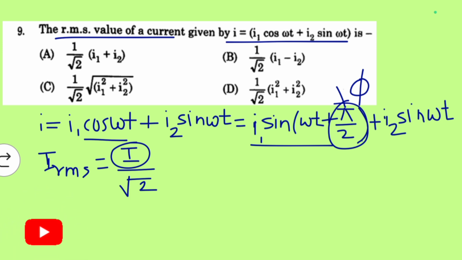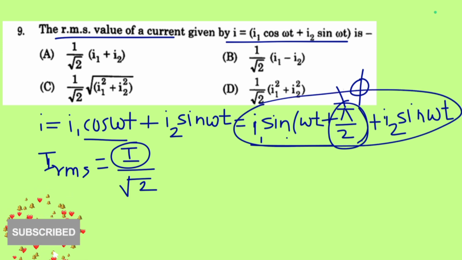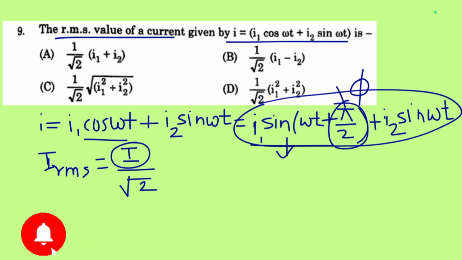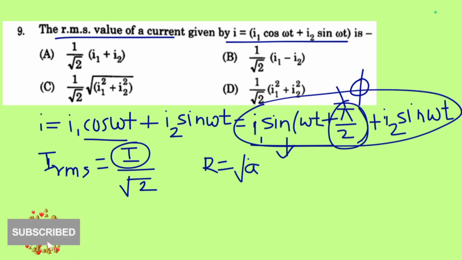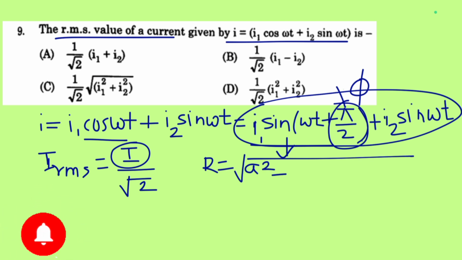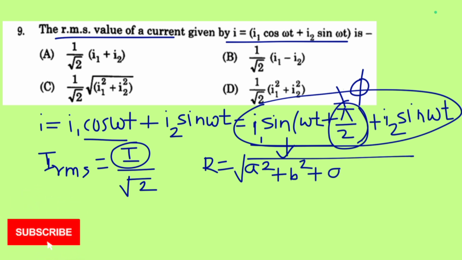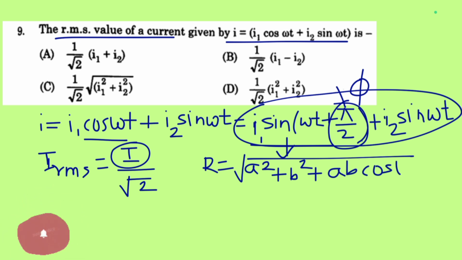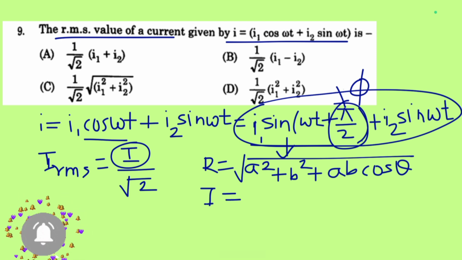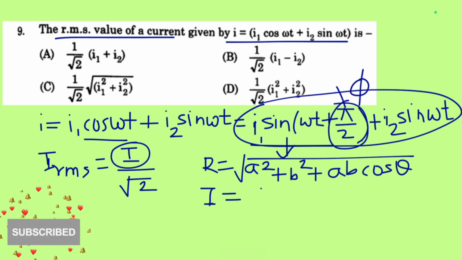So now if I have to find the resultant value of this, as we do with vectors: when we have to calculate the resultant of any two simple vectors or components, A and B, then we write the square root of A square plus B square plus 2AB cos theta. Here theta is our phi, and the value of phi here is pi by 2. So for this case I will write the total resultant value, that is I naught, or we can say the peak value, is given as